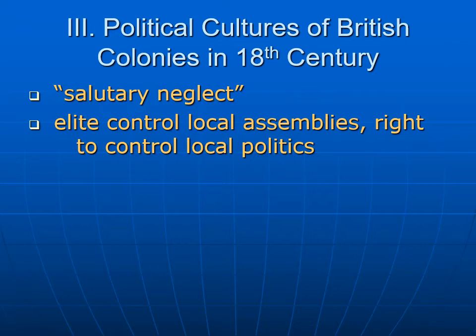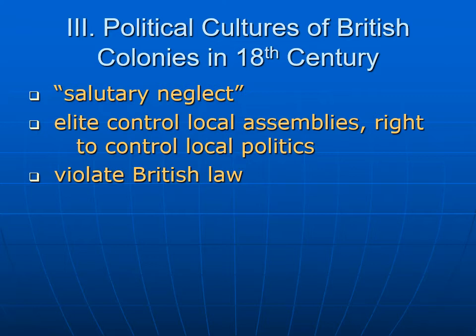We've got our own local assemblies. They represent, again, the interest of the local elite. We're going to get our way, and the king won't interfere. Sometimes when the king did try to interfere, the colonies just ignored the dictates of the king and openly violated British law. That will happen with the proclamation line that we described in our most recent lecture. When the king draws a line and says, don't go west of the Appalachians, what do the colonists do? They go west of the Appalachians